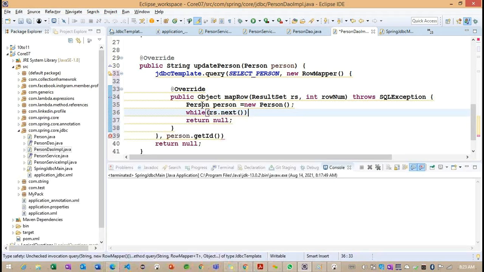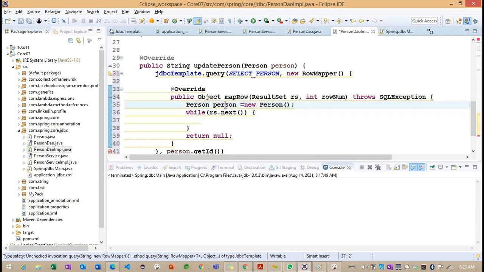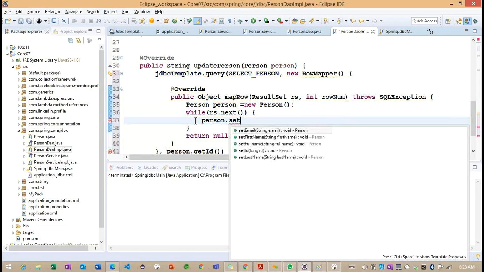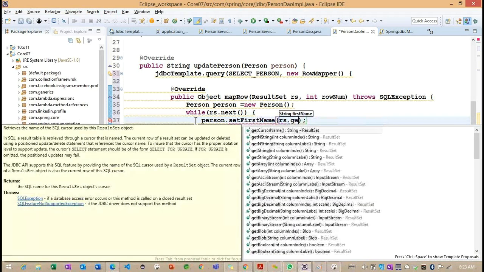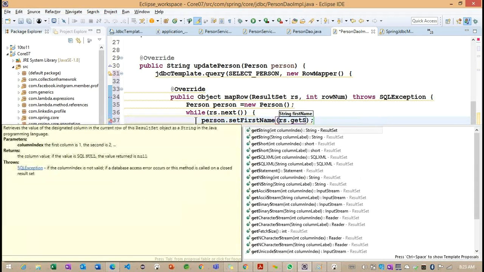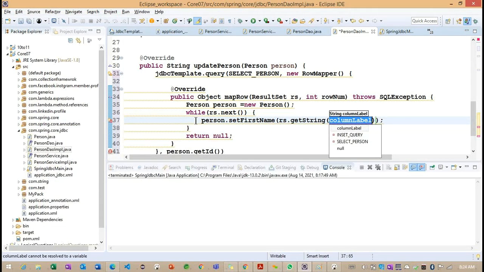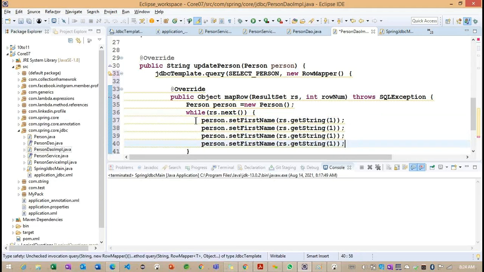While rs dot next here, set first name and rs dot get string. What is the column index we are getting? So we'll see. So based on this particular column index, we are going to get an object here: first name, last name, full name, and email.